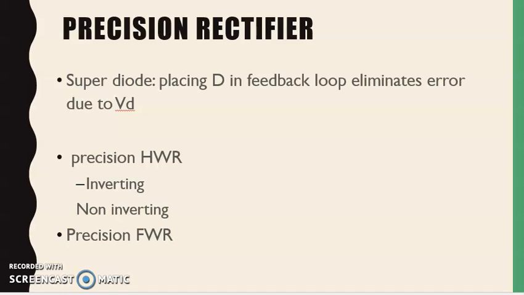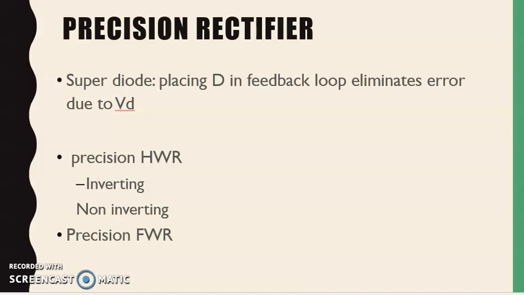What are precision rectifiers, do you think? What is the need for it? Due to the voltage drop across the diode, we cannot get the characteristics of an ideal diode. The drop across a conducting diode is, as we know, 0.7 volt. So, for getting the precision output,